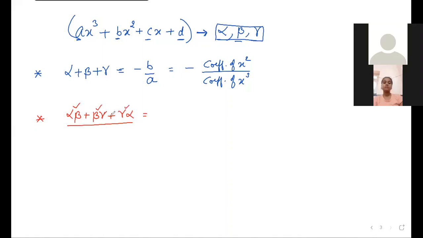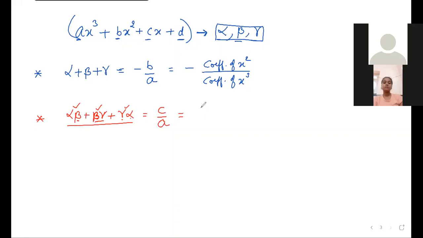It is the sum of products of two zeros at a time: alpha times beta, alpha times gamma, and beta times gamma. This is always equal to C upon A,